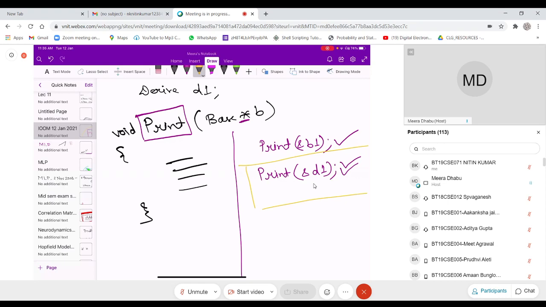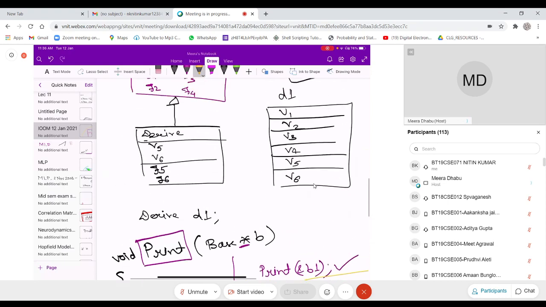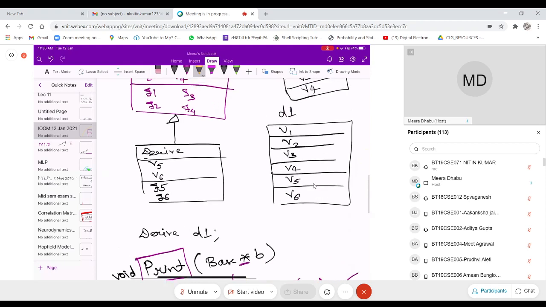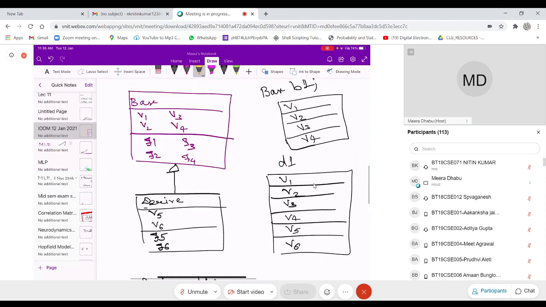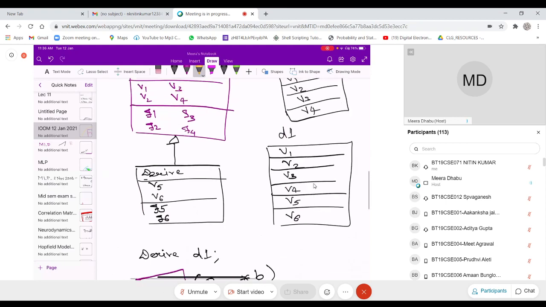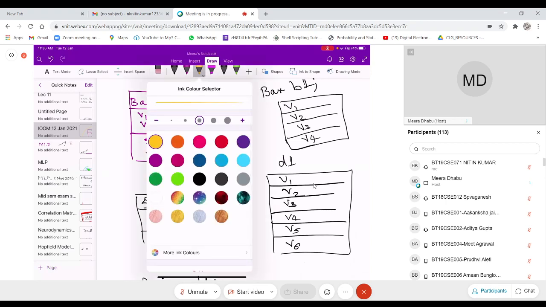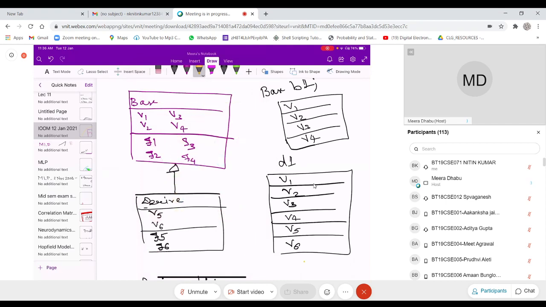Another polymorphism is, now see, coming back to this base class and derived class. In the base class there are only 4 attributes. Assume that F4 is nothing but the output function, which is printing the values of V1, V2, V3, V4. So the functionality of F4 is outputting or printing all the data members.